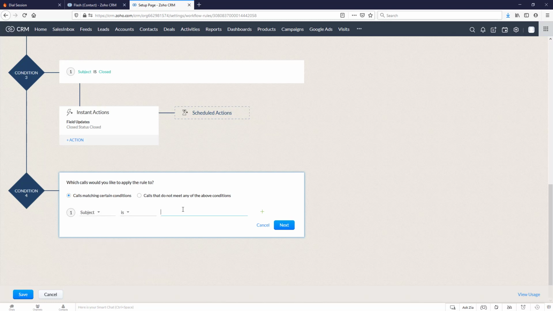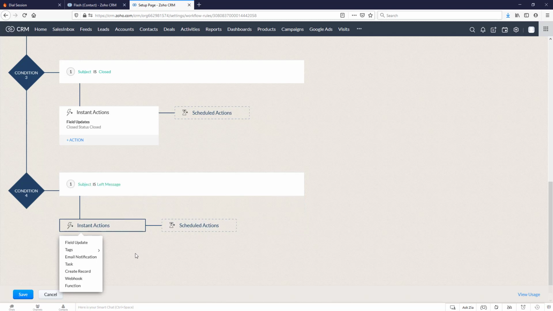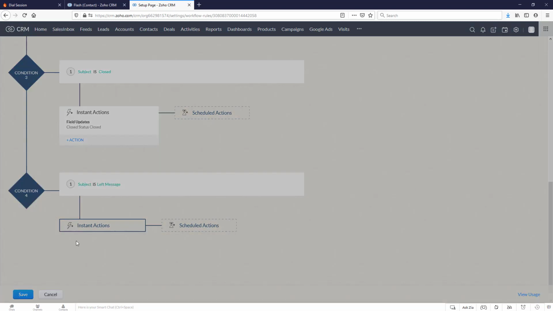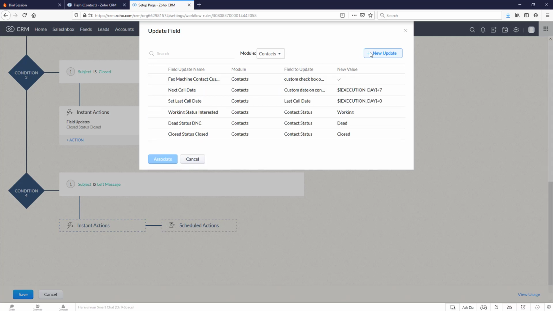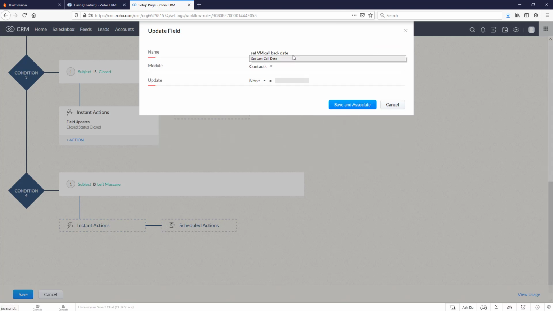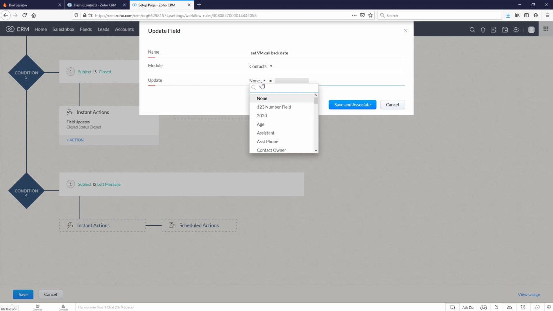Set it to is left message. So if there is a new call activity with a subject line of left message, we want to set a callback date. So we're going to go to field update. Once again, the contacts module. It's going to be a new update. We're going to name it set VM callback date. So we're going to set the voicemail callback date. The module is contacts, and we're going to update